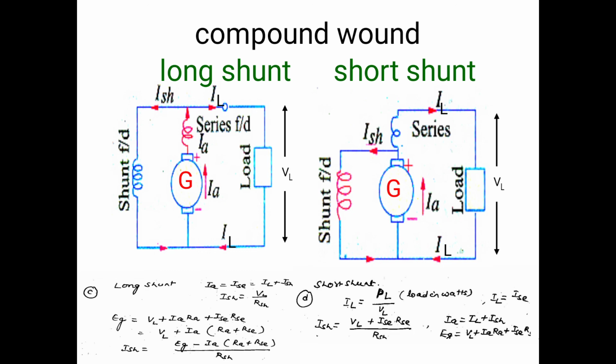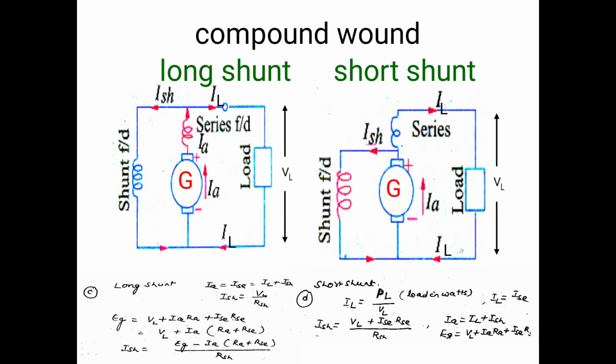Finally, in the case of a series generator, the windings are the armature winding and the series field winding. In the case of a shunt generator, it has two windings, the armature winding and the shunt field winding. The compound generator has three windings: the armature winding, the series field winding, and the shunt field winding. Generally the series field winding is made up of a small number of turns, and in representation also it shows fewer turns. The shunt field winding has more turns, and in representation it is somewhat higher compared to the series field winding.